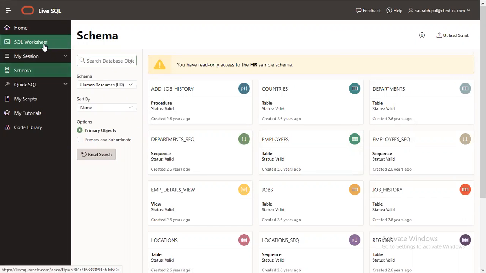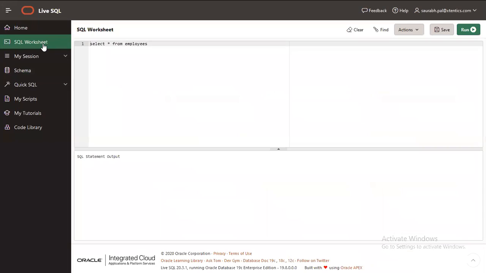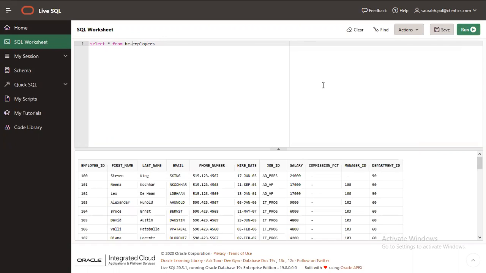So when you refer to it, you have to refer to it as HR.employees and then run it. It tells me to fetch from the database the employees table data which belongs to the HR schema. A schema is a collection of tables.